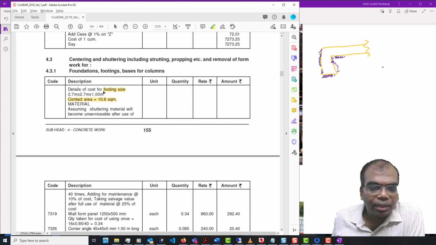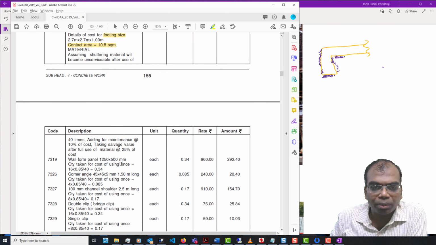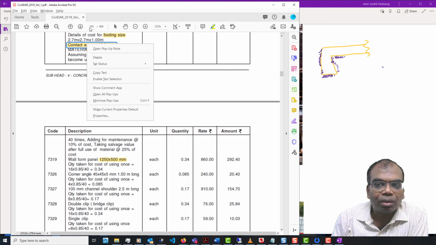So why is that so? Because the wall panel, the vertical panel which you are using, is 1.25 by 500, and here it is 2.7. If I put two such boxes together, I get 2.5, and the wall panel is 500 mm deep, and a column is 1 meter deep over here.